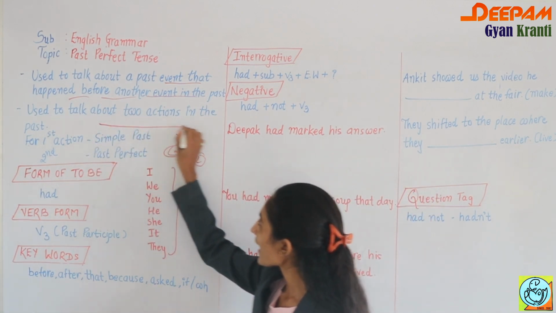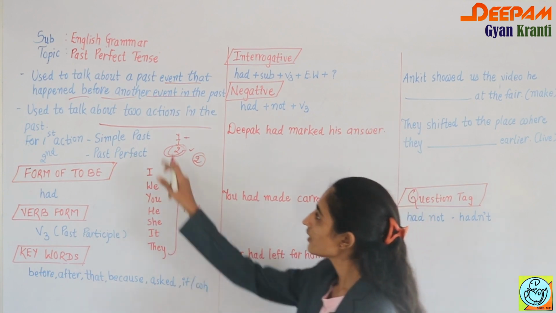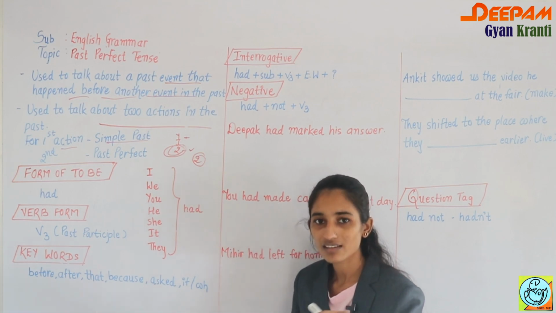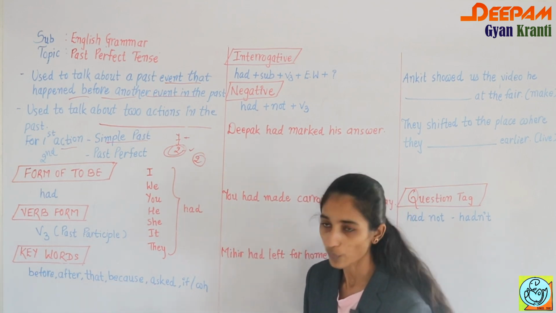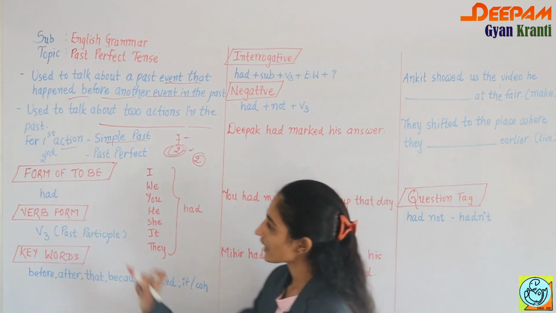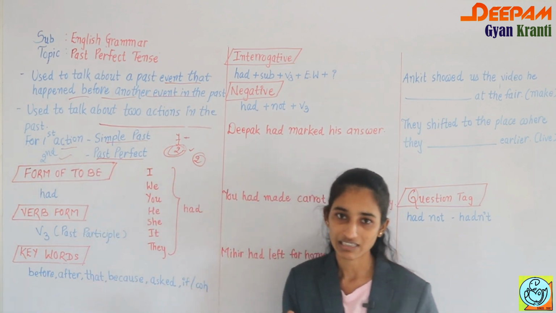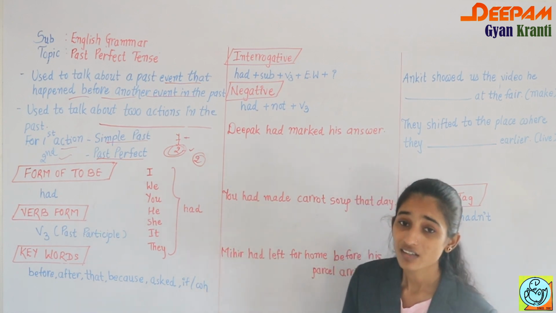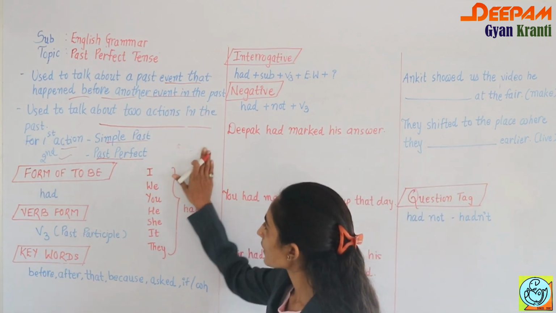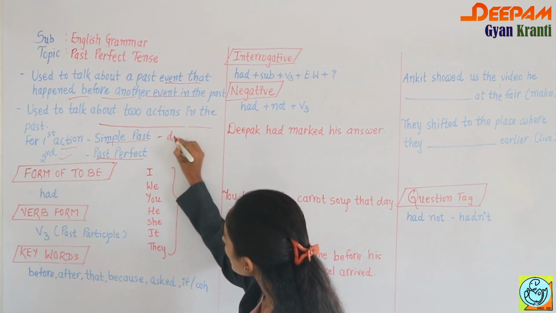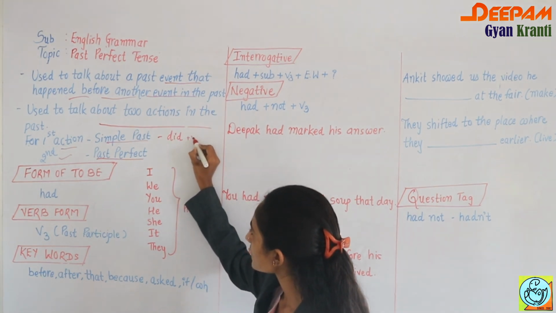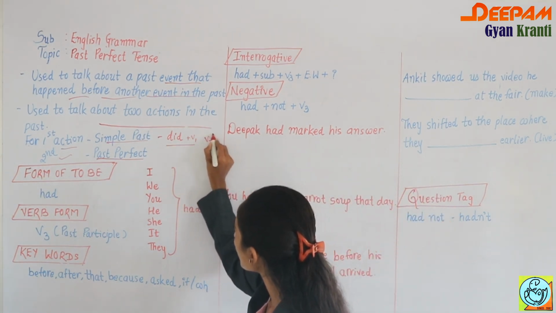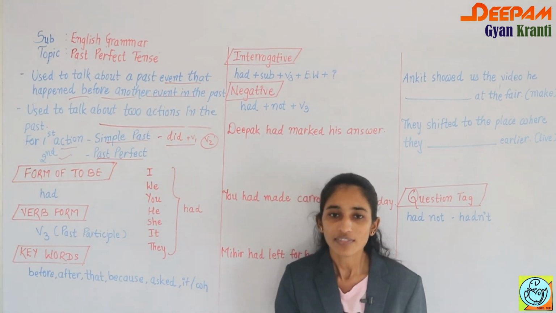It is used to talk about two actions in the past. For the first action, the action which occurred first, we have to use simple past tense, and for the second we have to use past perfect tense. Now the question is, what is simple past tense? You have to remember, and we have already discussed simple past tense, that the form of to be is did, and with did you always use V1. And when a simple sentence is given, the keyword is V2, the past form of the verb, which we have already discussed.